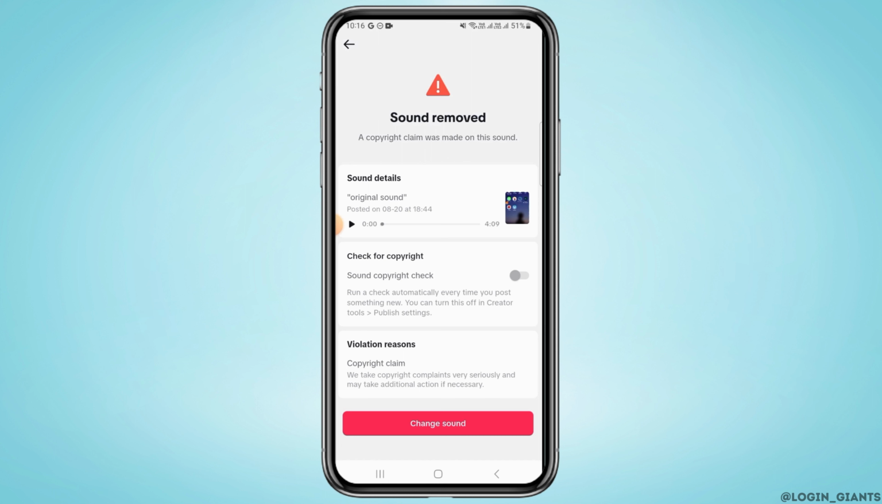So the way you can fix this is to change the sound of the video. You have to change the original sound and add some other sound which does not have any copyright issues. So for that you can directly do it from here. Tap on change sound, and from here you have the option to add any songs which are available on TikTok. Those are original songs and they're not going to have any copyright issues,